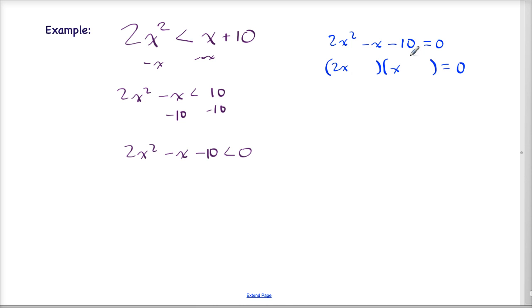Now I want to find factors that multiply up to negative 10, but when I combine them, when I do the outside and inside terms, they'll just give me a negative x. So what are my factors of 10, right? So I have 1 and 10 and 2 and 5, basically. So I'm either going to try to fit in a 1 and a 10 here, and 1 will be positive and 1 will be negative because it's got to be negative 10, or a 2 and a 5 to see